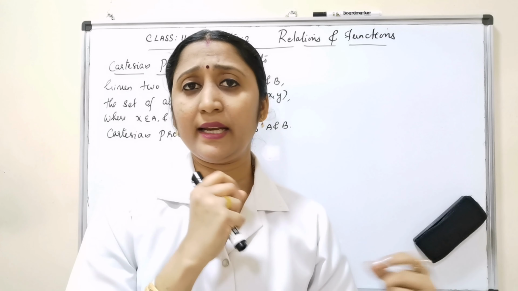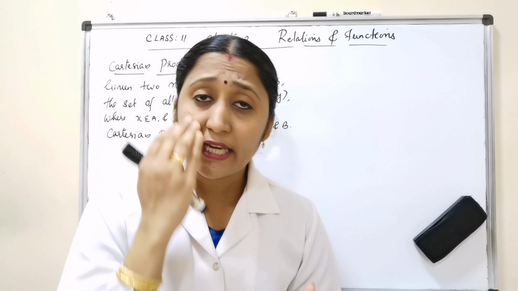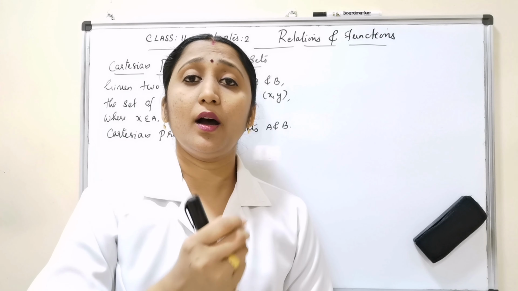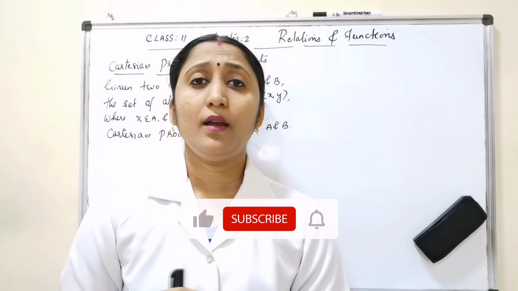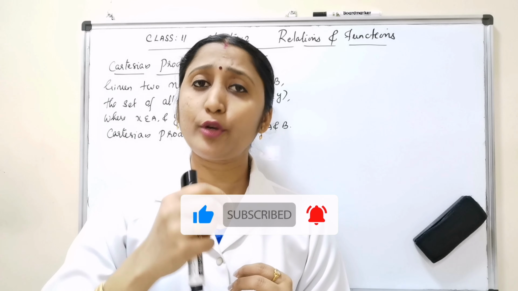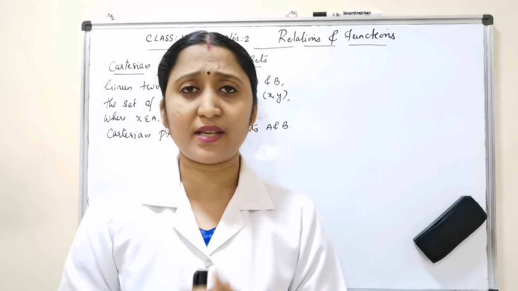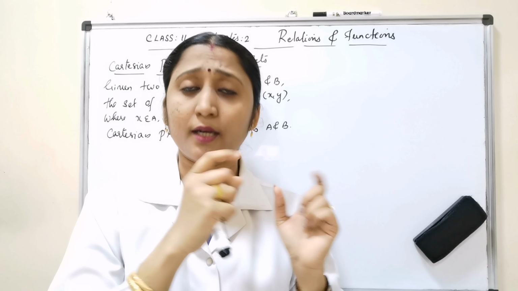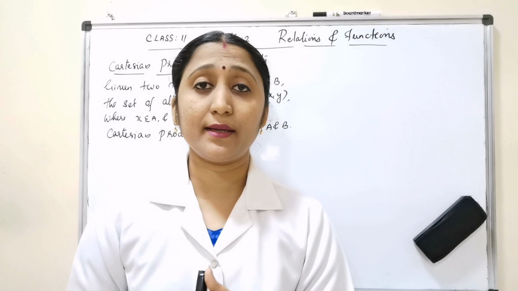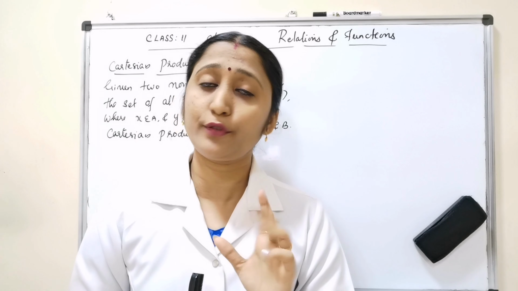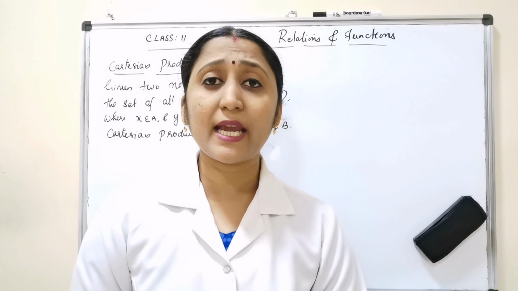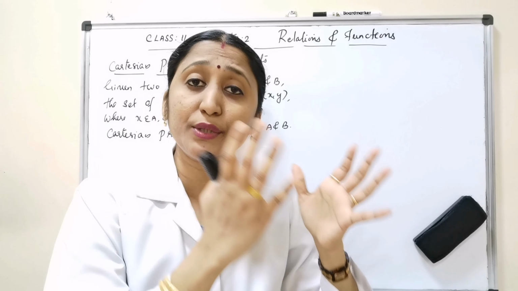What does it mean by a relation? This chapter deals with a relation between two sets. It deals with linking pairs of two sets, which is called a relation, some relation between the ordered pairs. The first main concept of this chapter is the Cartesian product of two sets. So what does it mean by a Cartesian product? It is denoted by ordered pairs.